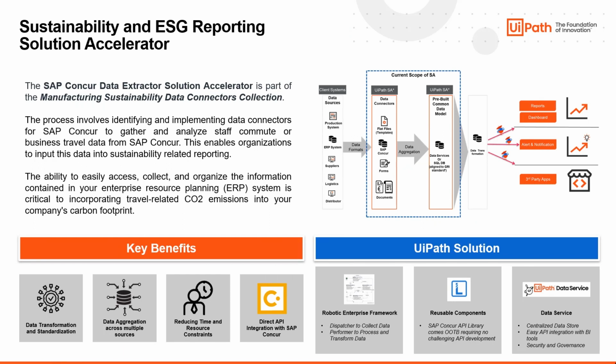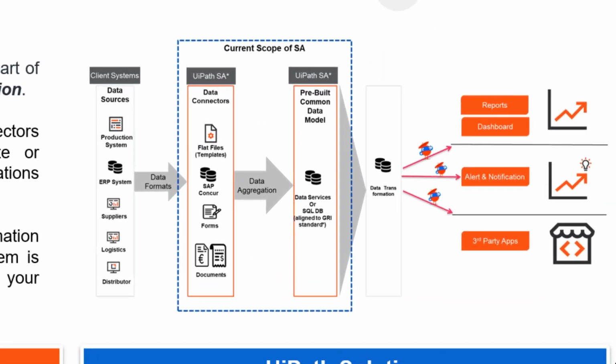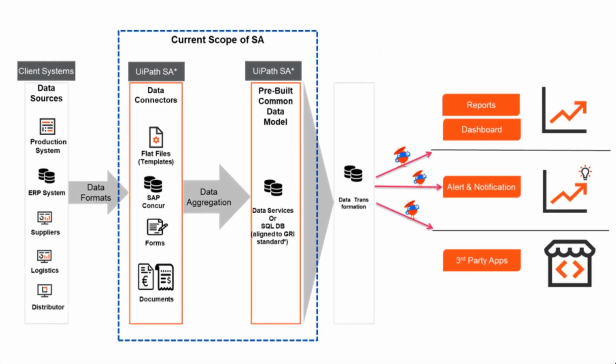In this demonstration, we will be showcasing UiPath's ESG Reporting Solution Accelerator for SAP Concur. This is part of our larger manufacturing sustainability data connectors collection. In this process, we will be able to connect to client systems, in this case, SAP Concur, retrieve data via API, aggregate that data, and transform it following GRI standards. Once the data has been transformed, it can then be collected either in a SQL server or UiPath's own data